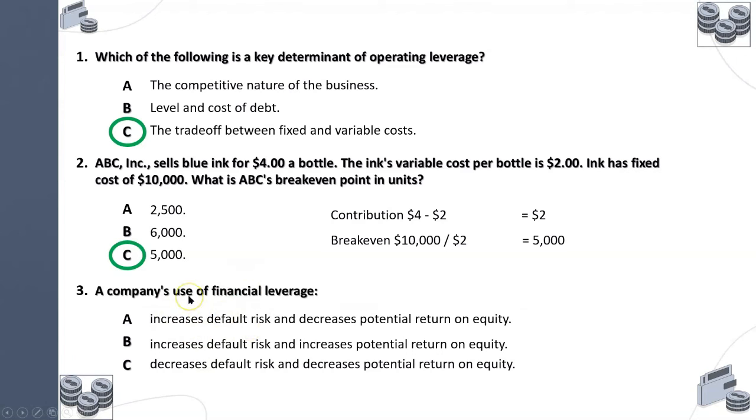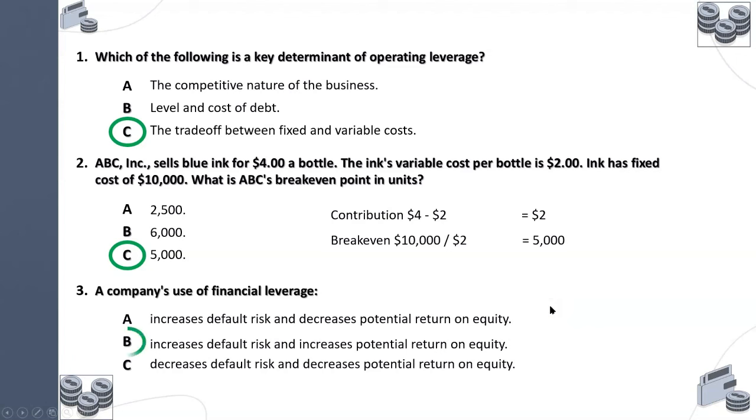So I will default. But the second part is not correct. Decrease in potential return in equity. Actually, the very purpose of taking debt and high leverage is to increase the potential of gaining more. Why? Because if you introduce more financial leverage, that means you will have more financial risk. The higher the risk, the higher the expected return on equity to compensate the equity holder from burdening or shouldering